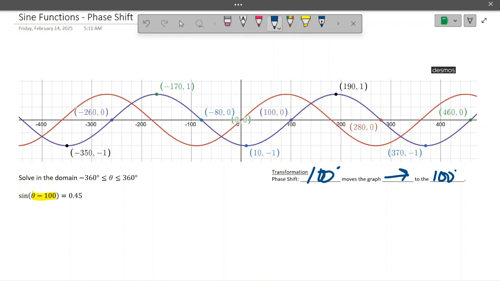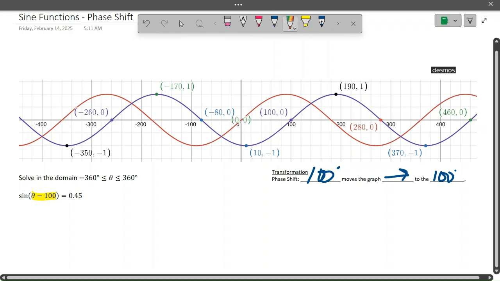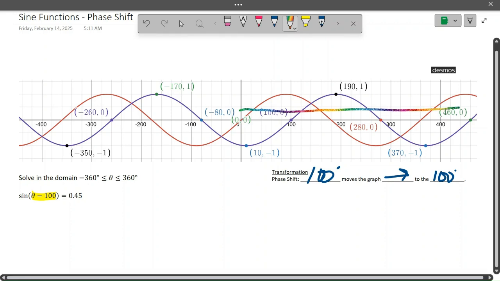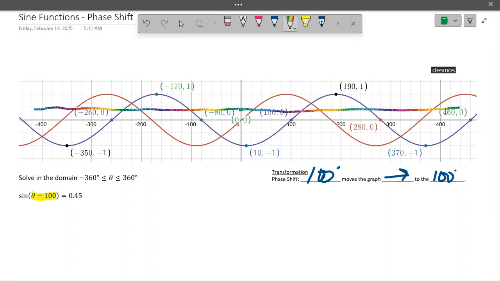So we know that this is a different domain. We are looking from negative 360 to positive 360, and I'm going to attempt to draw a very long line. So we are seeing how that goes. It's going to be about here. And as always, our red graph is the graph of our untransformed sine wave,